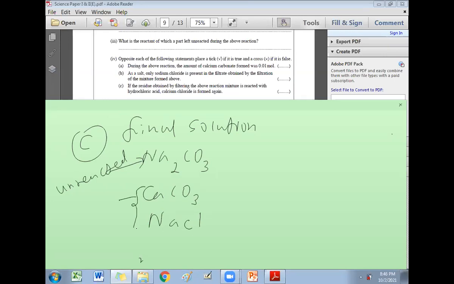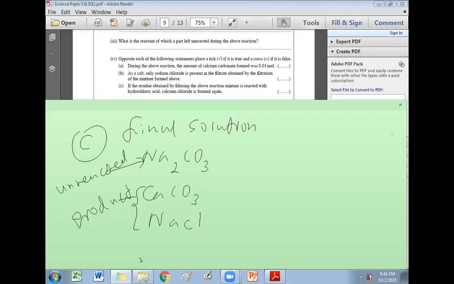The other two are anyway products. These two are formed as the products. What are the two products? Look at the reaction, it is given. They are not even asking for balancing the reaction. The balanced chemical equation is given. But it's a nice question, a very good question. So this is what you get finally: the final solution containing the unreacted one plus the main products, two products.